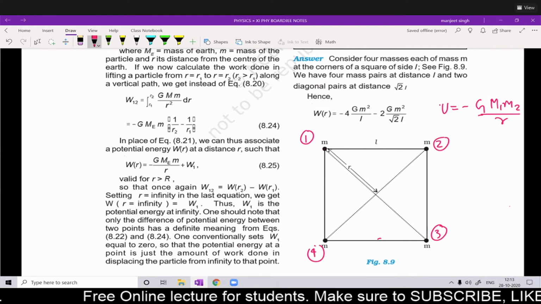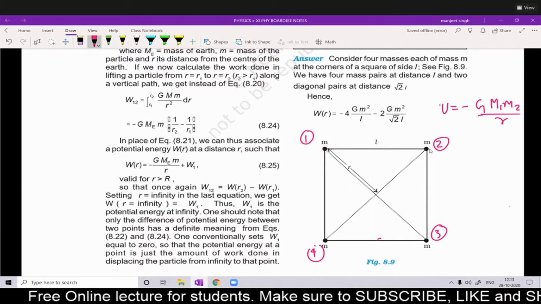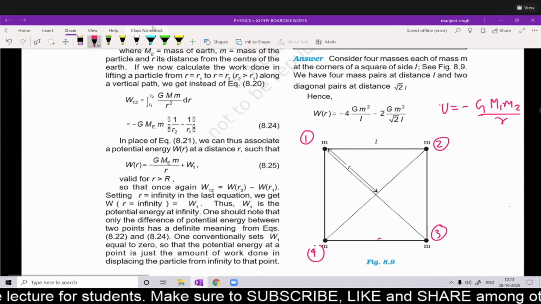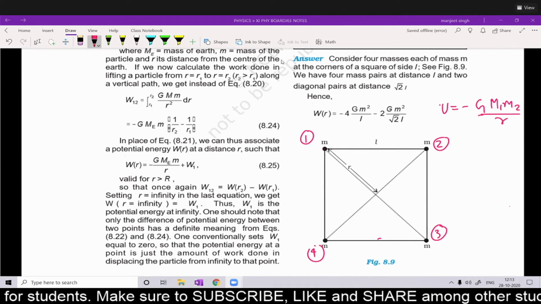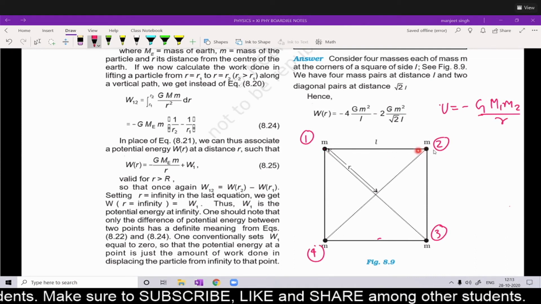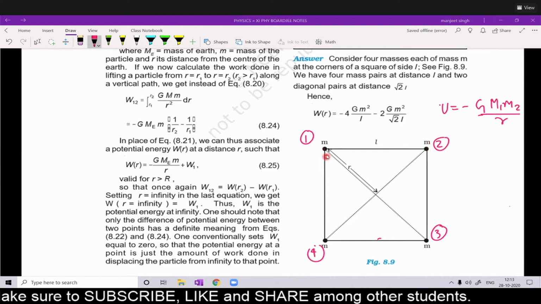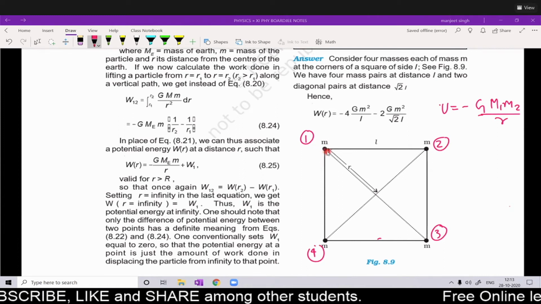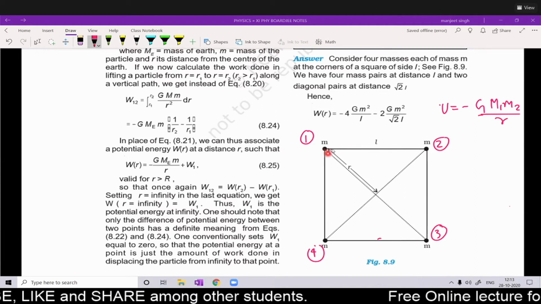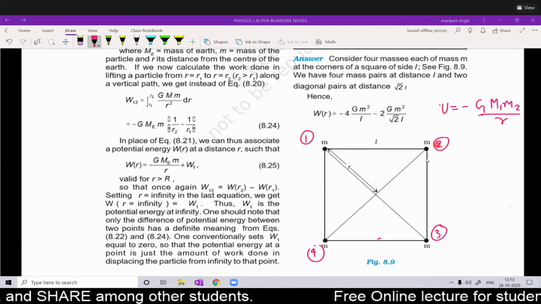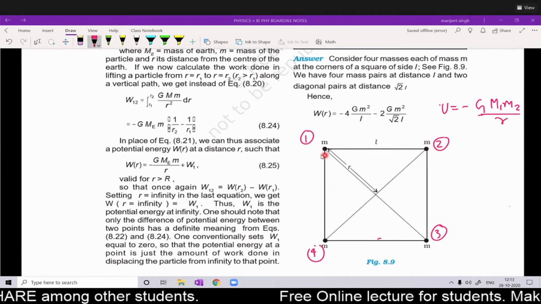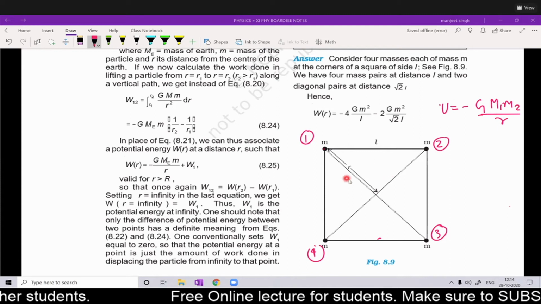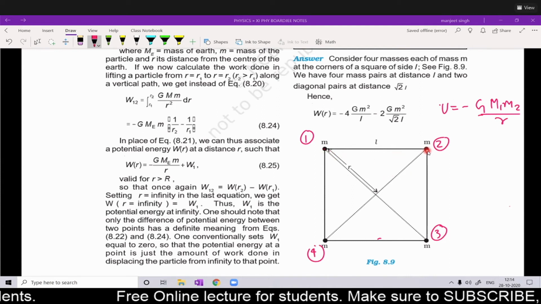Suppose first of all one mass m is there at point 1, then 2 is brought near it, so this point is under the gravitational effect of this. The first point mass m that we placed was not under anyone's effect, so there will be no work done and the potential energy will be zero. Now bring the second particle near it. Now it has come under its effect, so we have to take this pair and apply the formula G M1 M2 upon R for this pair. Okay, so we will calculate each pair and no pair should be repeated.